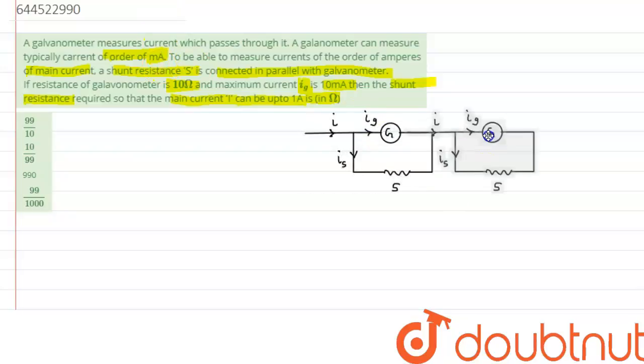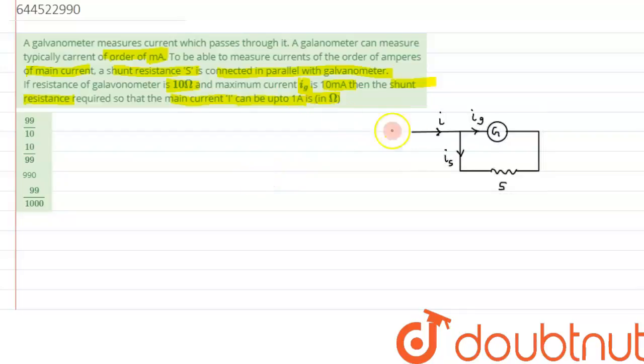Let's try to understand the construction of it first as per the given question. As we know, a galvanometer is a device which measures only a very low value of current. But what if it has to measure a high value of current? Then we convert the galvanometer into an ammeter. This diagram shows how we convert the galvanometer into an ammeter, just by shunting the galvanometer with a shunt resistance. What exactly happens is that the higher value of current gets divided into two parts, and we take the ratio and can easily calculate the value of I.